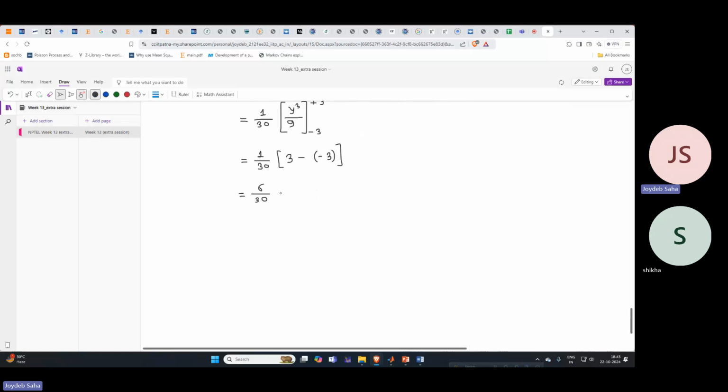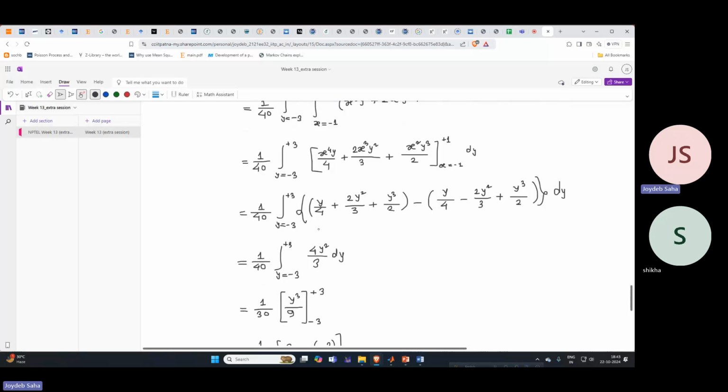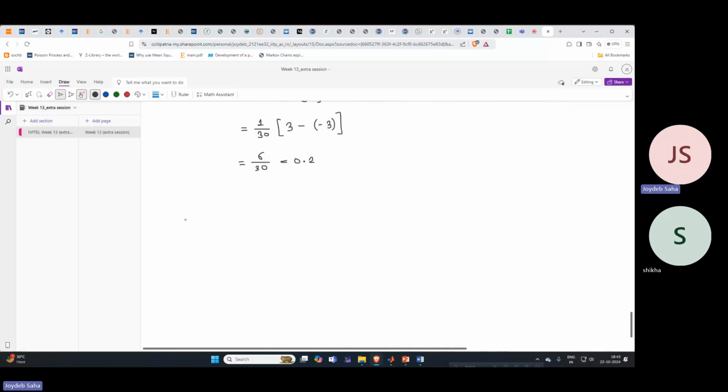This is 6 upon 30, which is 0.2. Okay, so